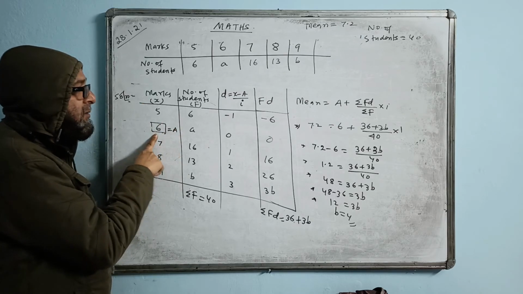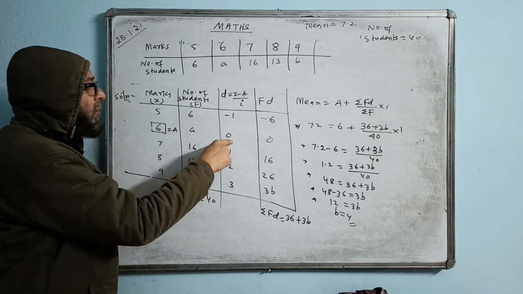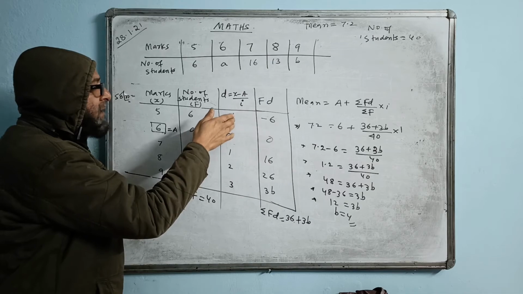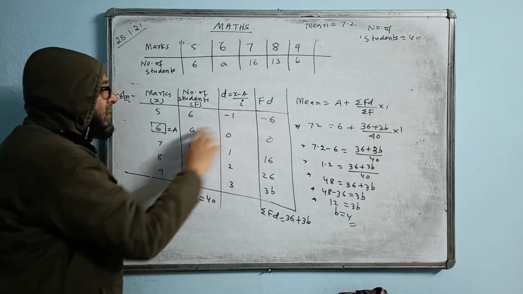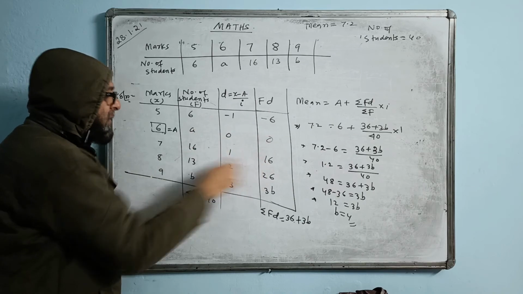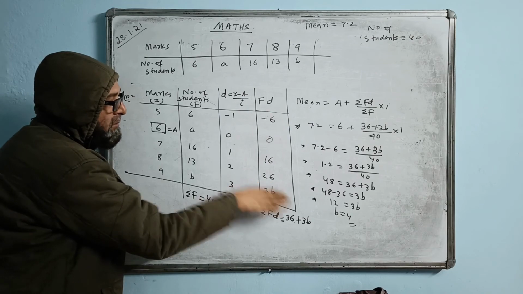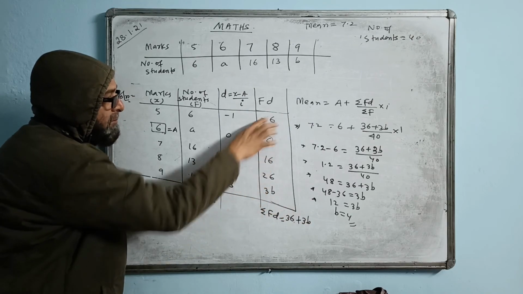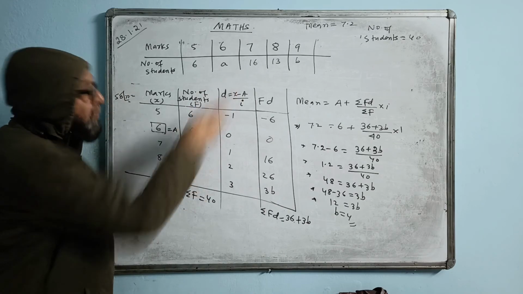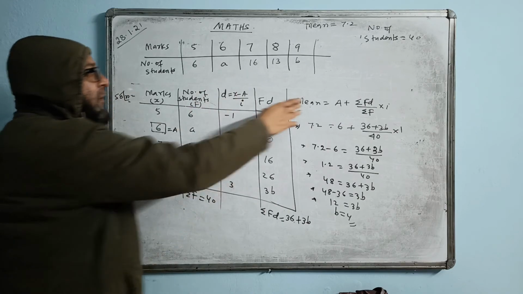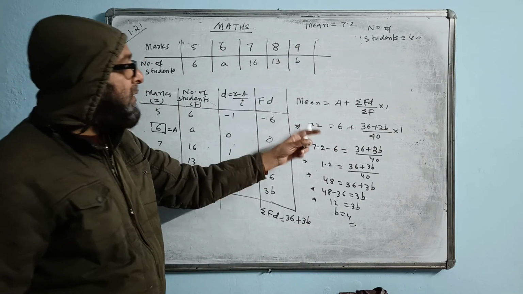A value is 6. So the B value we write is x minus a. In front of A we write 0, and go up above with minus 1, and downward 1, 2, 3. Multiply this into this: 0 times 0 is 0, 1 times 16 is 16. These are unlike terms, so just add plus 3b, add this and subtract this, the answer comes 36. The total number of students given is 40, so I add 40. I use the mean formula. The mean value is 7.2, given in the question, I put that value.